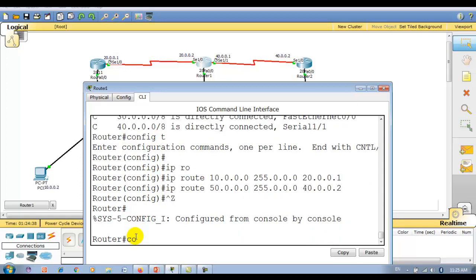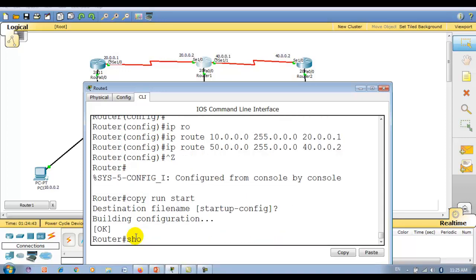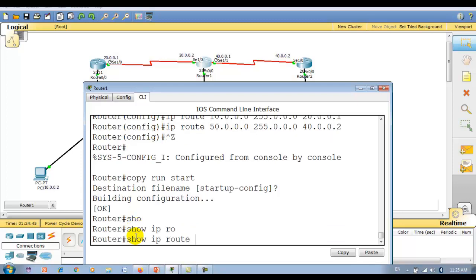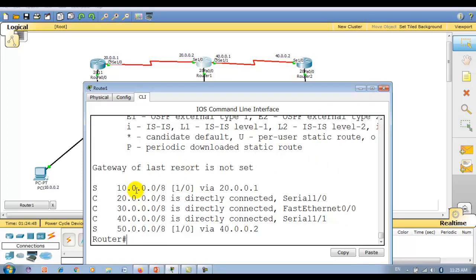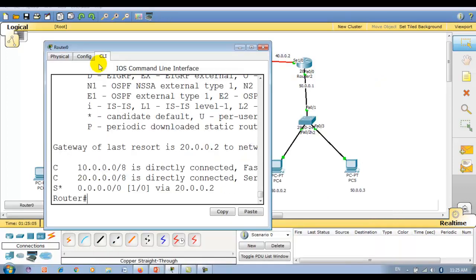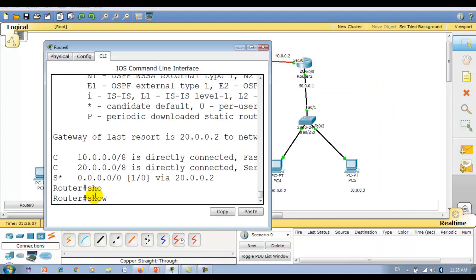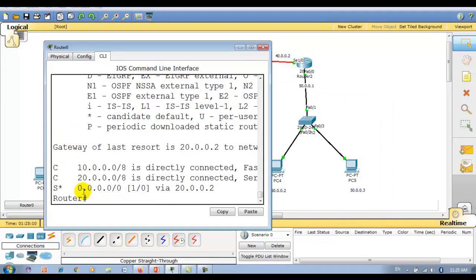Control Z, copy run start, show IP route. Now you can see, right? So here we are required to insert two routes manually. This is the static route. This is the flag for the static route, S. But here you can see we have configured a static default route, so the indication is the S asterisk sign, right?